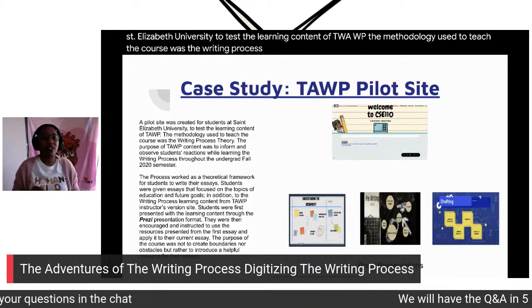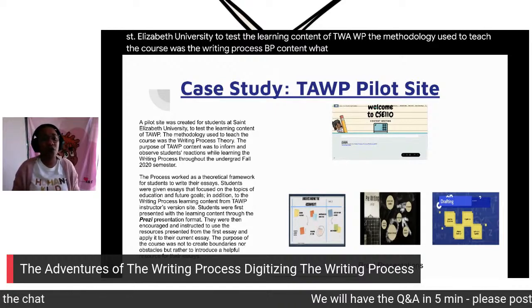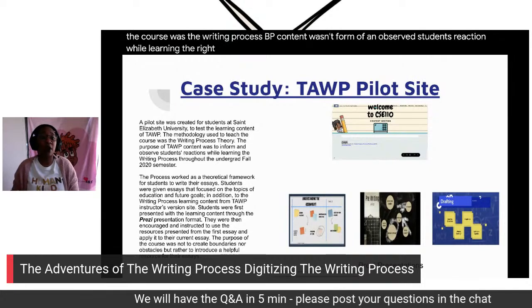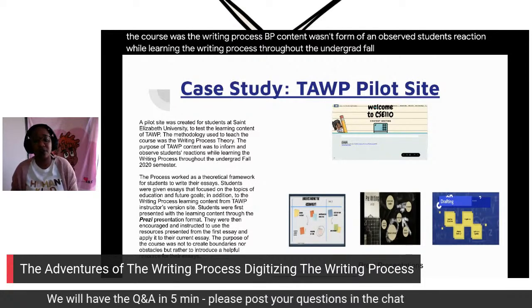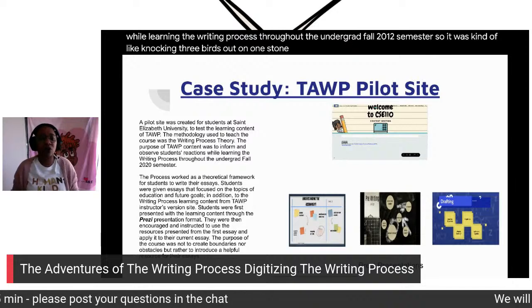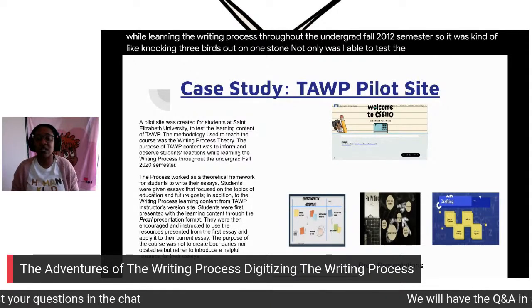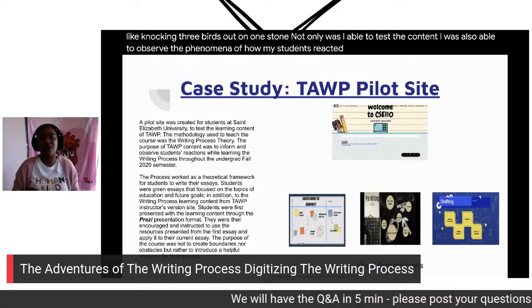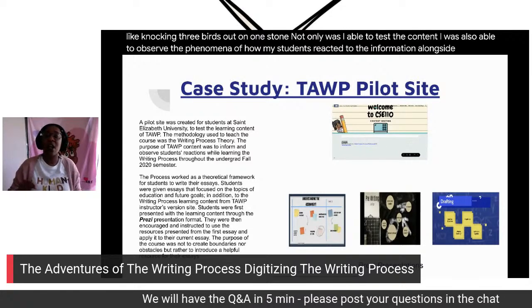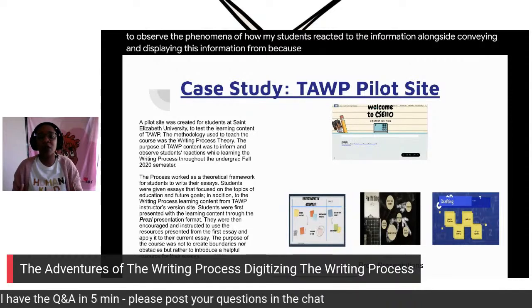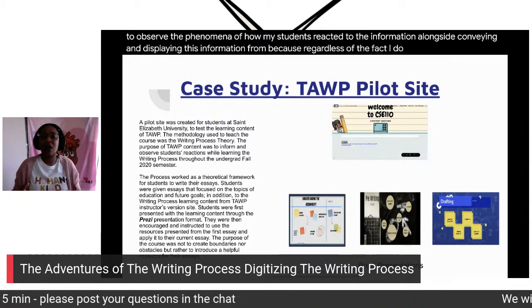The methodology used to teach the course was the writing process theory. The purpose of TAWP content was to inform and observe students' reaction while learning the writing process throughout the undergrad fall 2020 semester. So it was kind of like killing three birds with one stone. Not only was I able to test the content, I was also able to observe how my students reacted to the information alongside conveying and displaying this information for them,